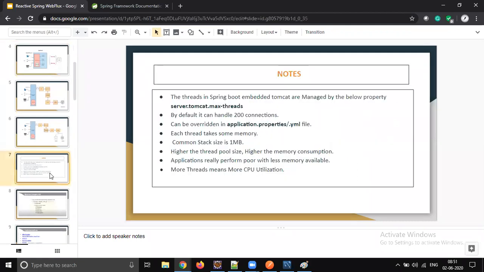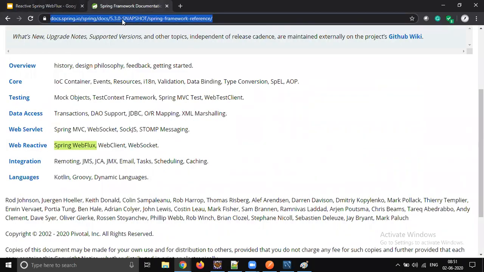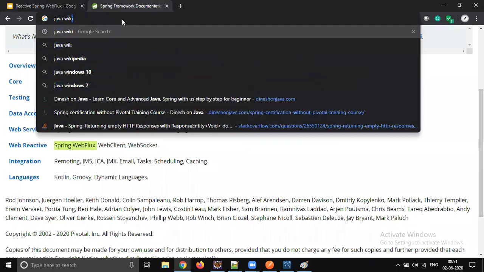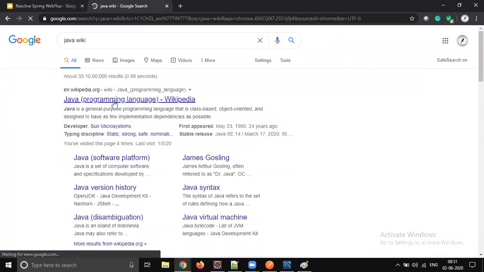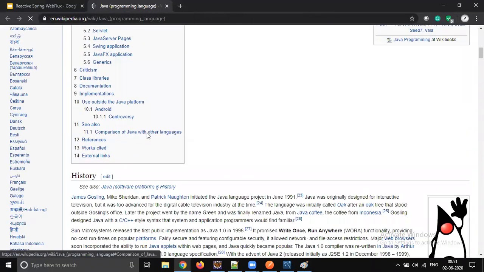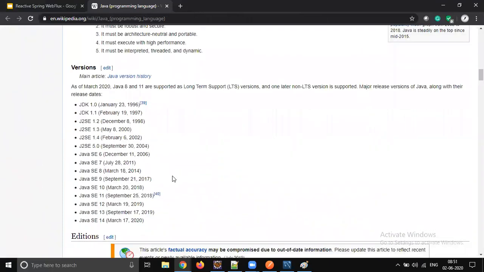Now let's come back and see what exactly went wrong with Java in reactive programming. Let's go back to the Java release history. We could say Java made a blunder with respect to reactive programming. Let's see when these versions were released. Before Java 1.9, Java used to have a release every 3 years.